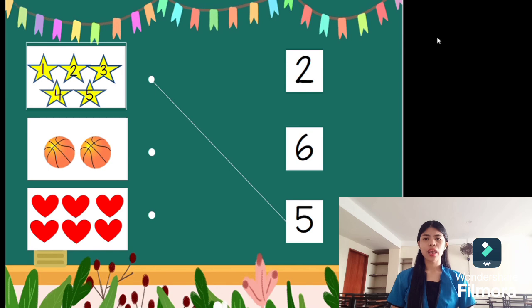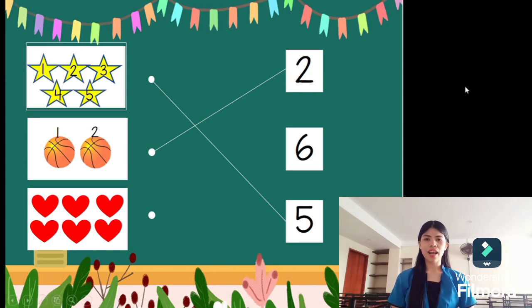Next, let's count how many objects are inside the box. 1, 2. We have 2 objects here. Now, let's find the number 2. Yes, very good. This is the number 2.